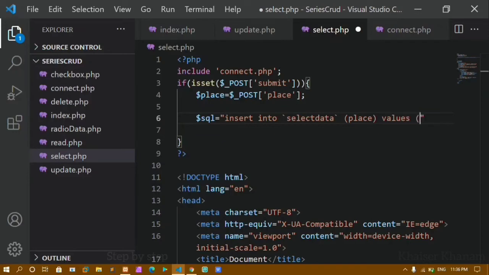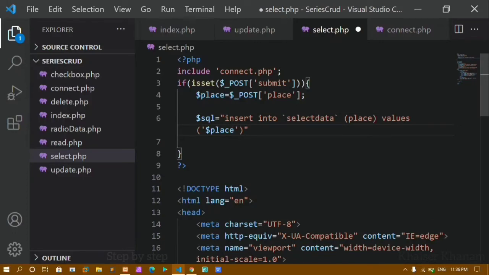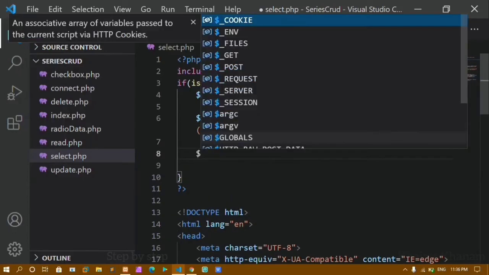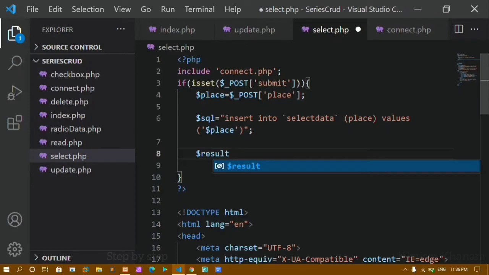I have to pass this one. Okay, whatever I am having here, this values I have to pass. I'll just copy this one, and here inside single quotes I'll just paste that one. I'll just close this. Now to execute this query, I'll just create one variable, and inside this I'll just give